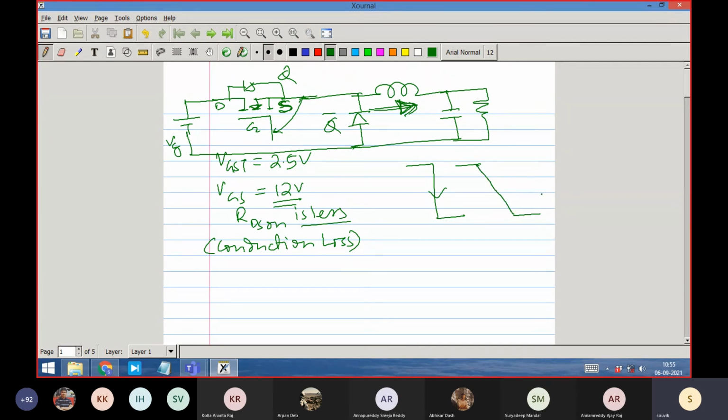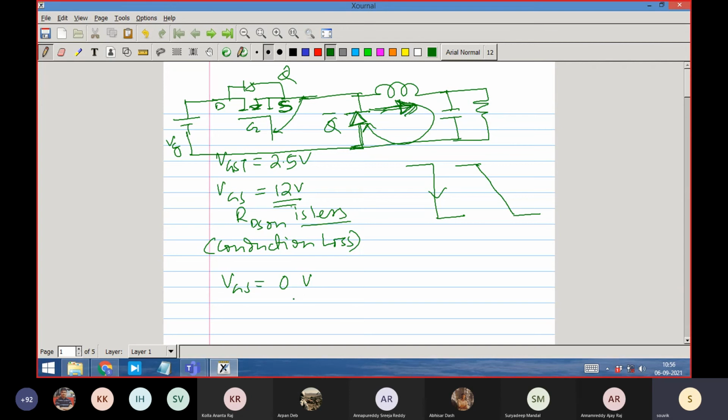So this being not allowed, a current has developed and you have turned off the switch. This inductor current is forced to flow through this diode during the off time. So here one diode is good enough. So now you see what is happening here: when you turn on, suppose you have turned on by giving 12 volt at this, and to turn off it is enough to give 0 volt.